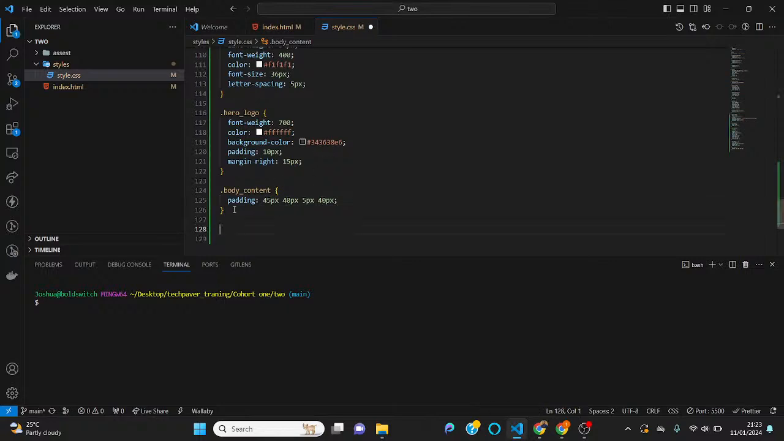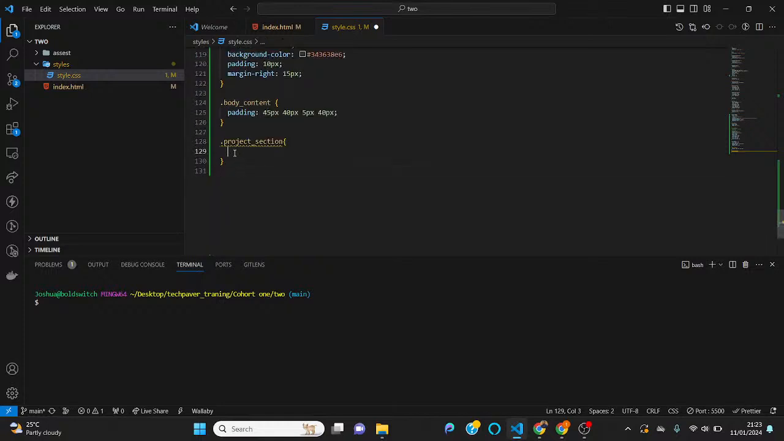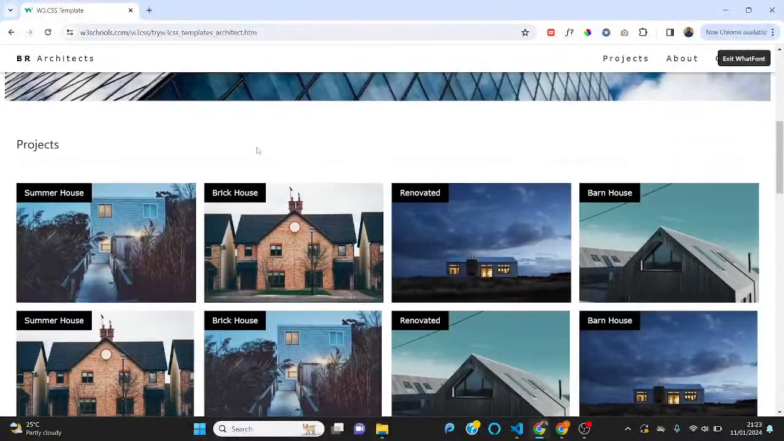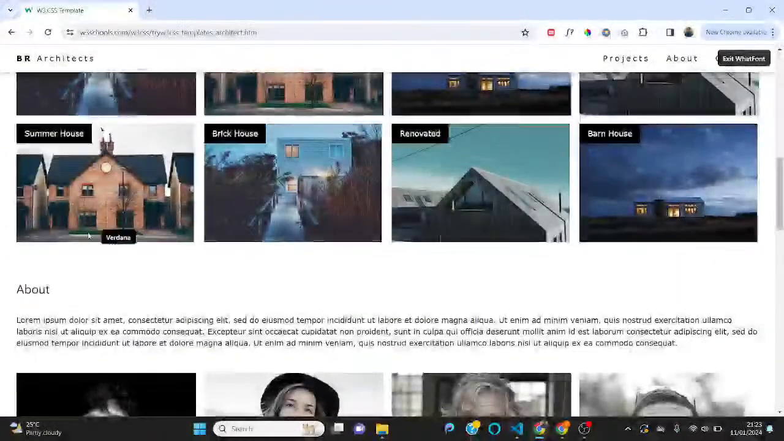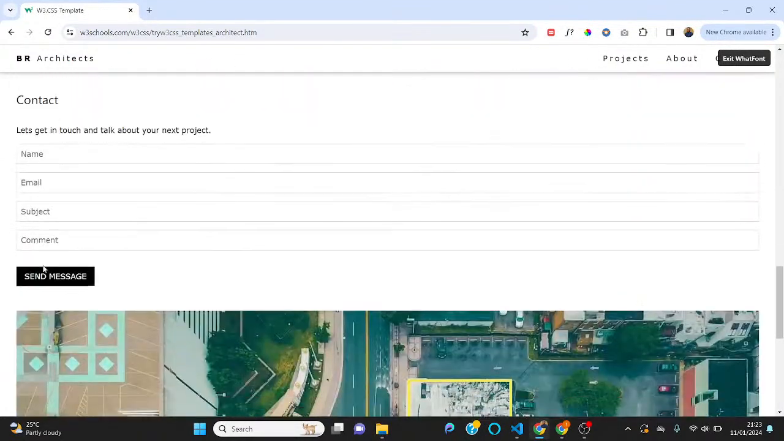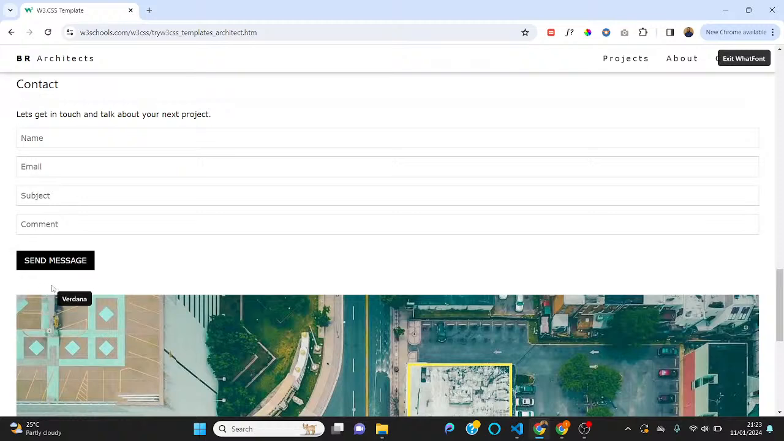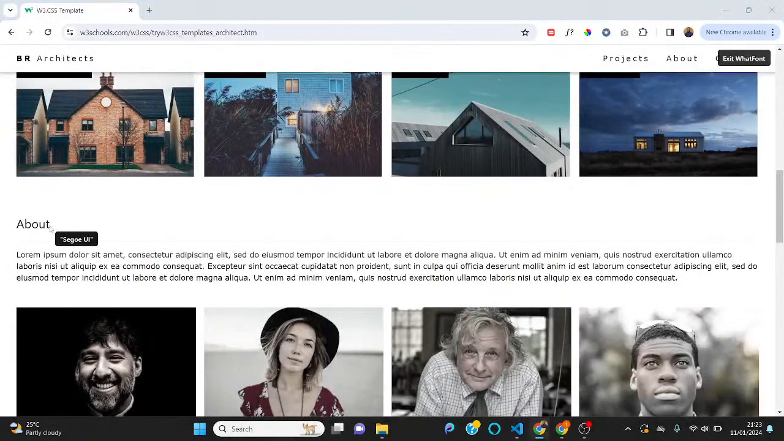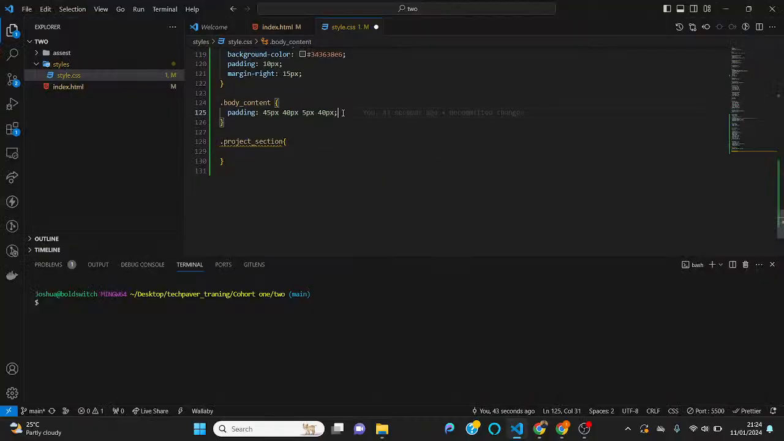So now the next thing we are going to take is this project container. Now keep in mind that there is something I also noticed. You can see that the space between here and here is kind of similar between here and here, and kind of similar between here and here. So what I will do now is give this body container a display of